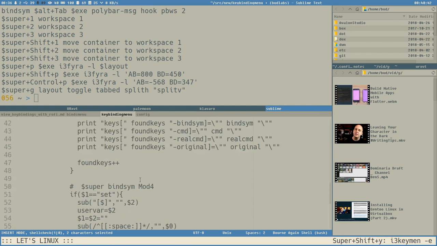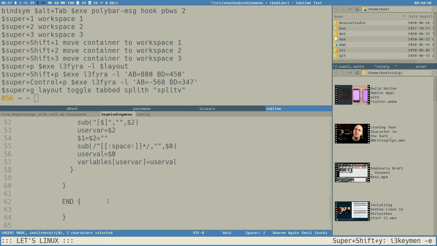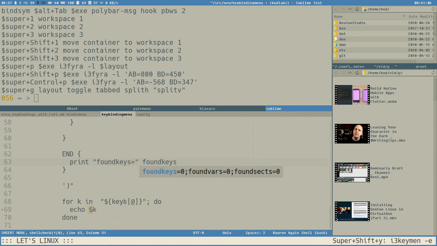There was a good reason why we added this found keys, the numbered each of these. If we, at the end here, also do this print found keys is equal to found keys. So this will print the line found keys is equal to the number of keys that we have found, and we can use that